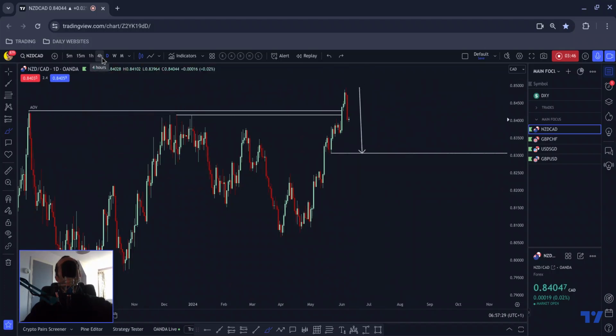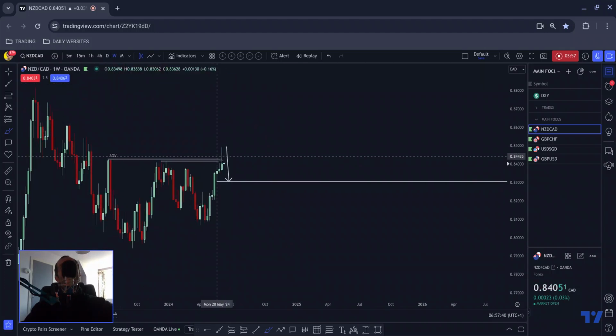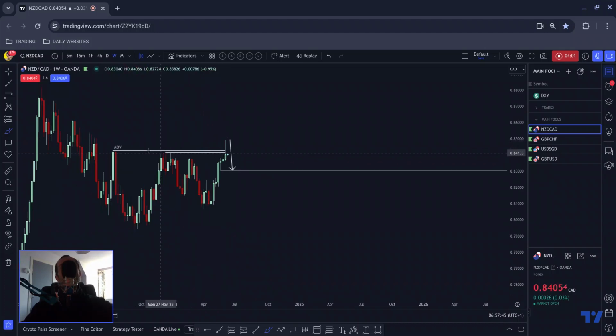Okay, so if we just drill down, you can see on the weekly chart we have that evening star formation there, confirmed by Friday's daily close. On the weekly chart, you can see that we have a bullish candle with a wick above it. But importantly and crucially, we have wicked through and not to the area. So even though this candle is bullish, there's no need at this moment in time for price to come back up and fill that because it's already washed out all of the orders that were above these highs.